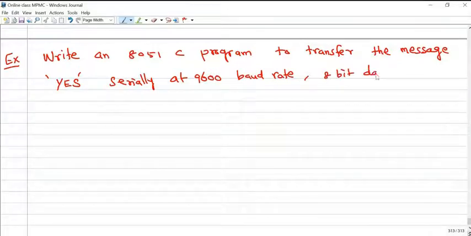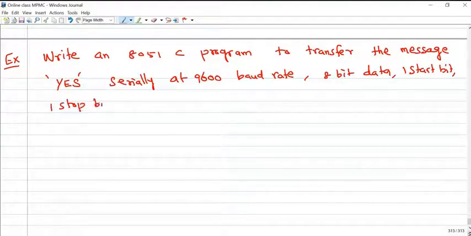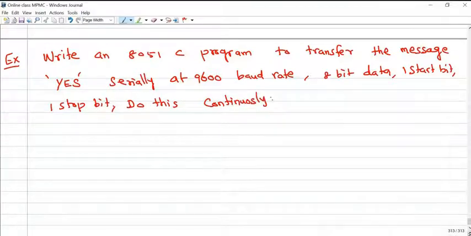They're telling us to use 8-bit data only, meaning each and every letter has to be sent separately: 8-bit data, one start bit, one stop bit. The system will add the start bit and stop bit once you load the data into SBUF. So do this continuously.